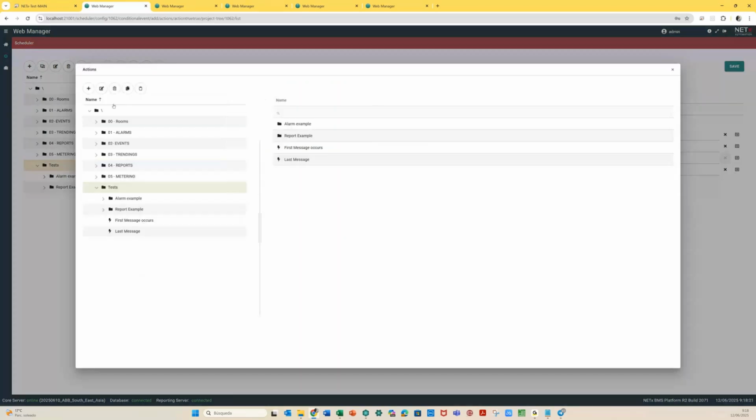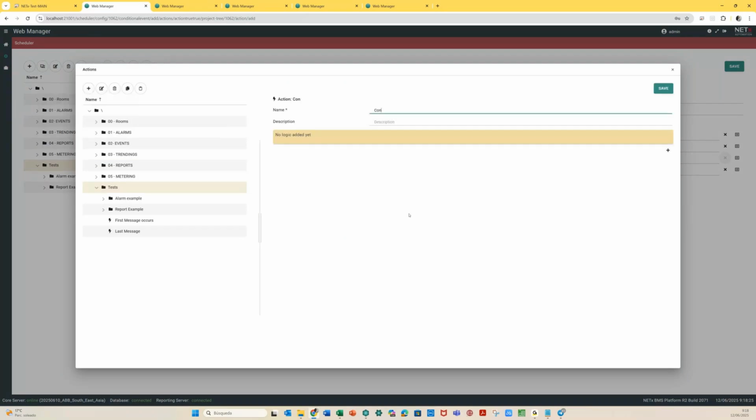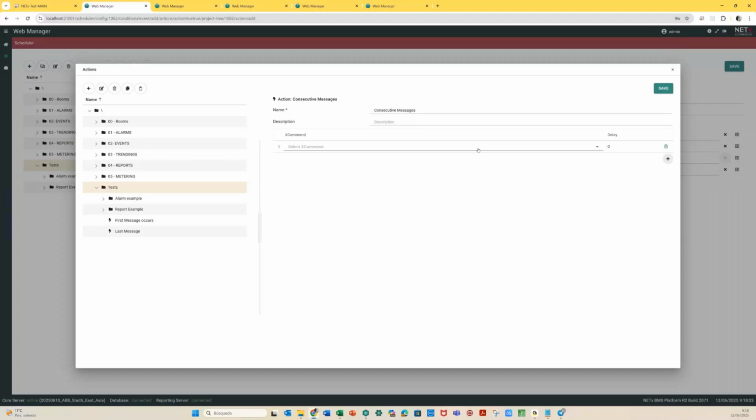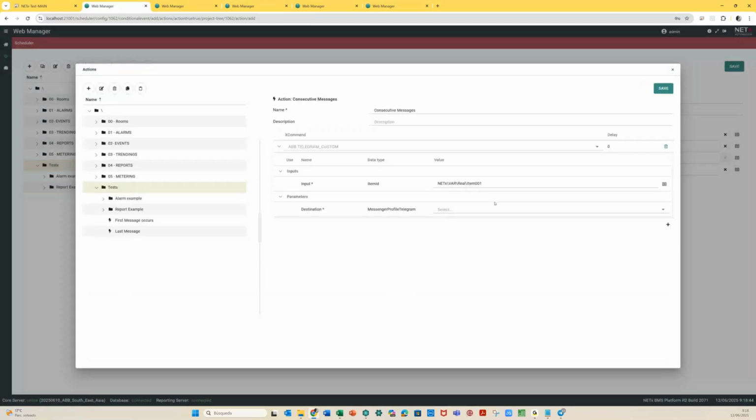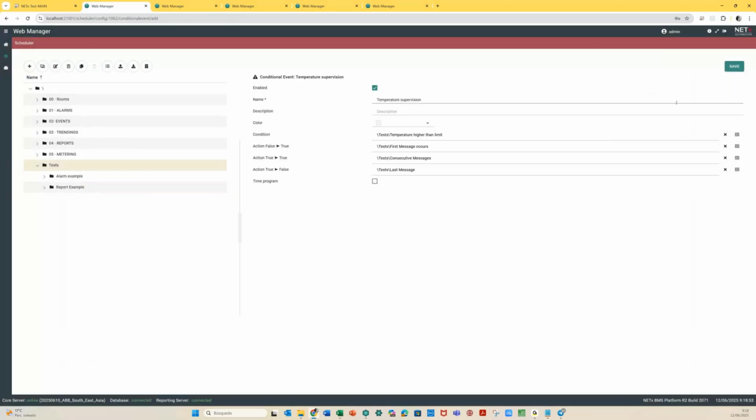A new action, consecutive messages, and now it's here. My ABB Telegram custom. What is the input? The input is my item here. I can select it here, and which is the destination? This. So just this will make us see this working fine. So I just need to do this, delete, clear history,